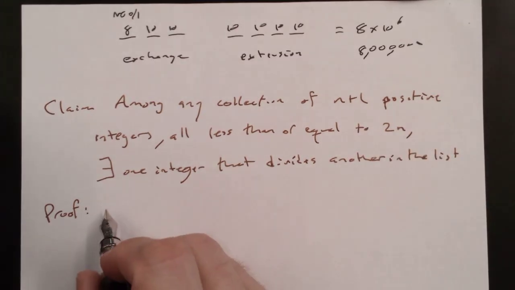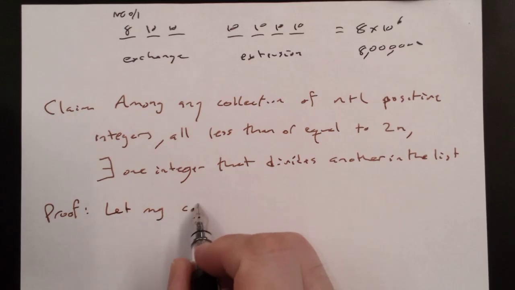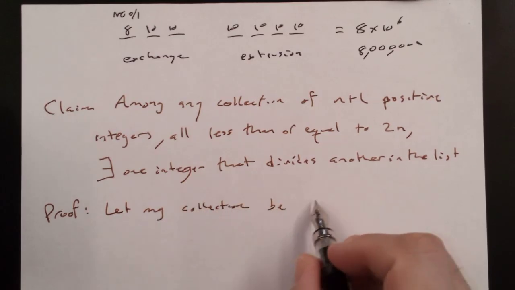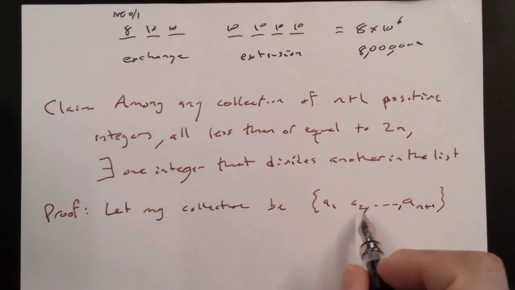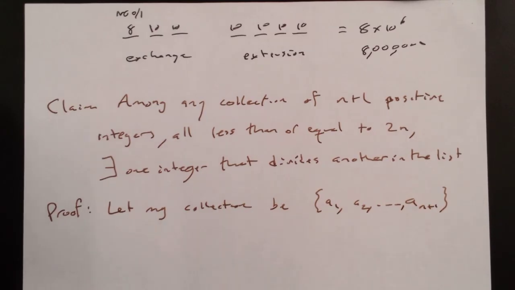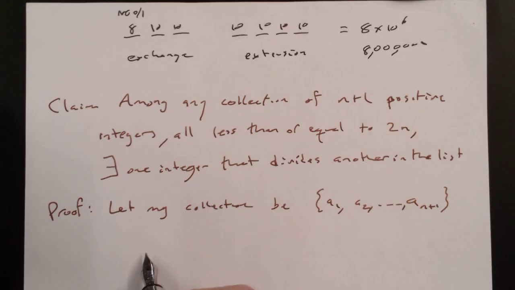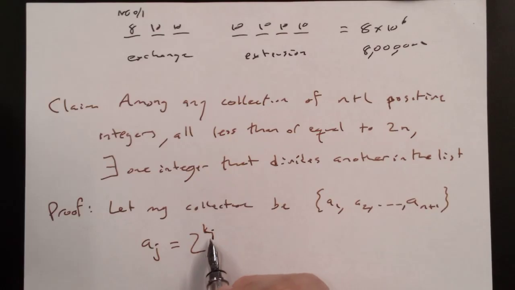Let my numbers be A1, A2, up to A(n+1). Those are my numbers, the ones I picked. What I'm going to do is take each and every one of these and write them as some power of 2 times an odd number. Aj is equal to 2 to some power times Qj,